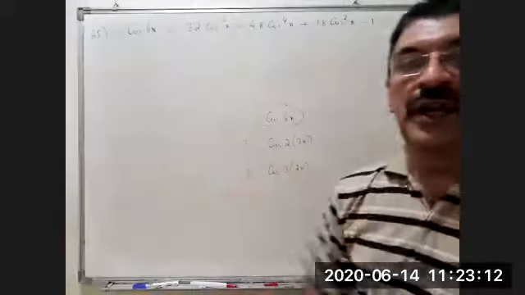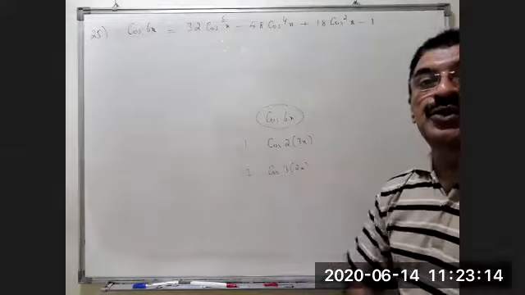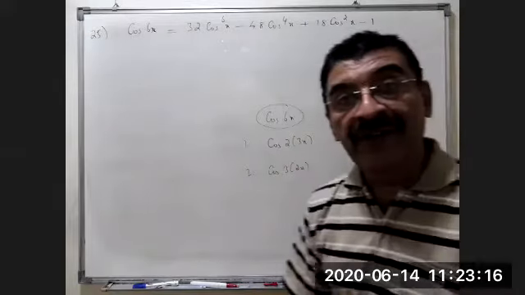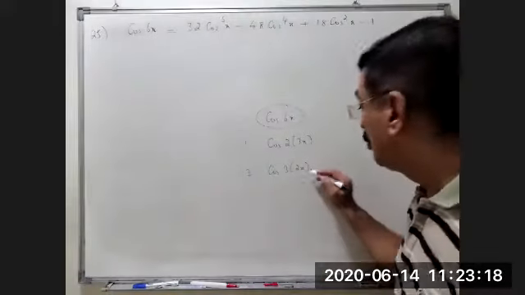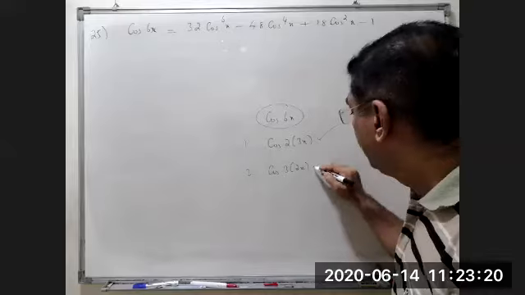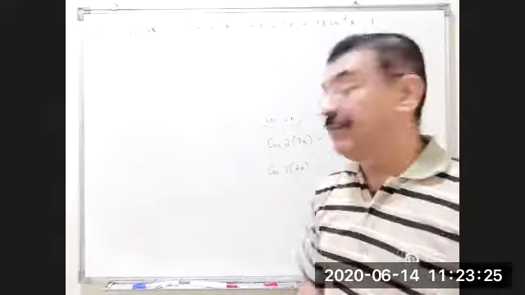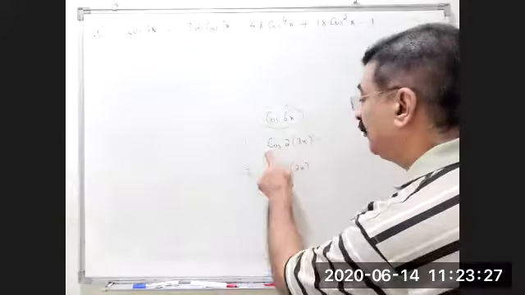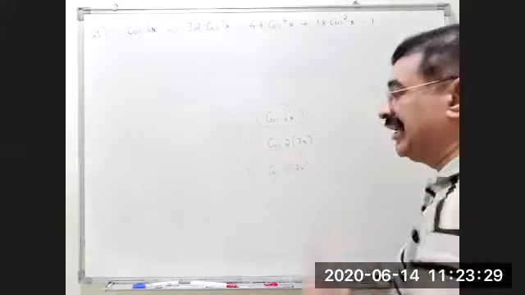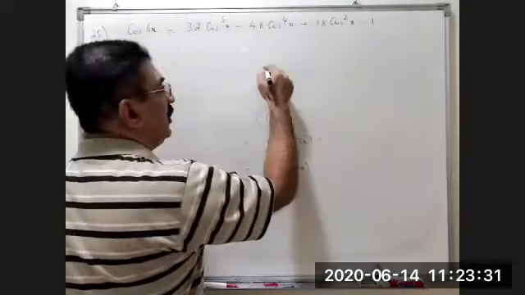Yes, some of you wrote it. The first one, cos 2 into 3x. Why is it 2 into 3x? Why not this one? This is not wrong, it is also correct, but this is better. Why is it better? Because if you are using the formula for cos 2 theta in terms of theta, see,